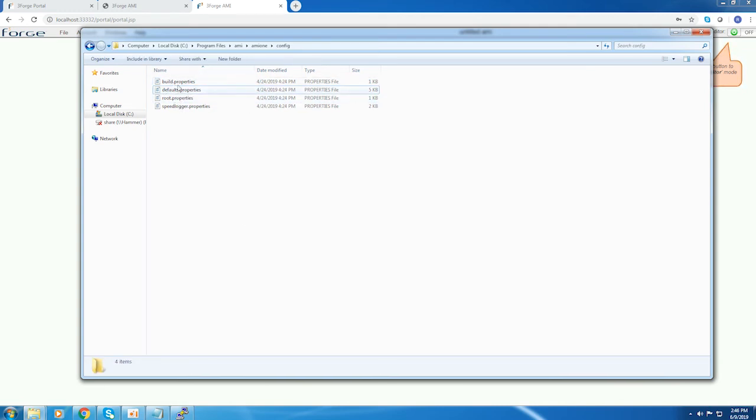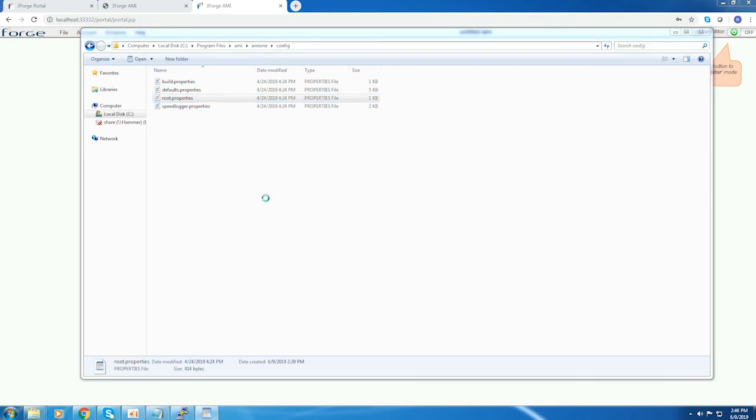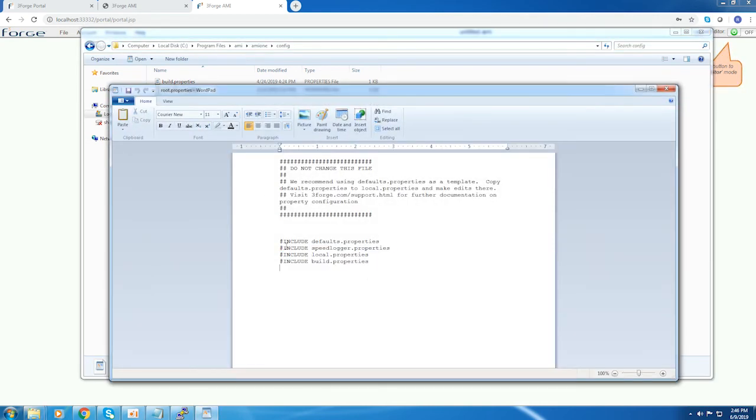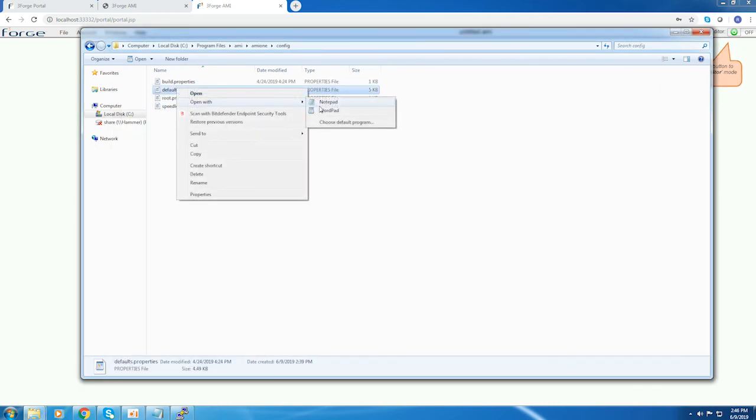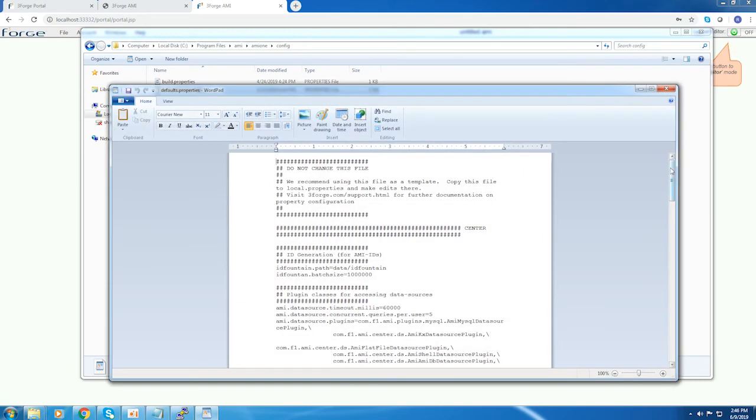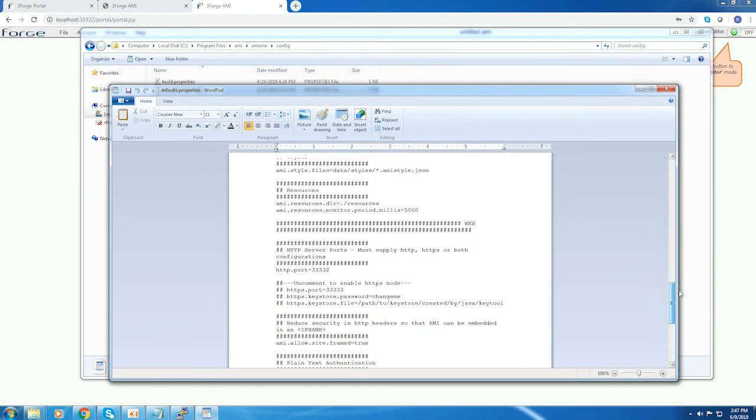So what happens is when AMI starts up, it looks for root.properties, and root.properties just says the order in which it should start, including all the other property files. So it basically says pull in default.properties. This is for doing logging. And then this one we're going to talk about now. So we're going to create a local.properties. And the way this works is the local.properties, anything we set in there is going to override what is in the default.properties. So for example, if I open the default.properties, we can see when we scroll down that we've got